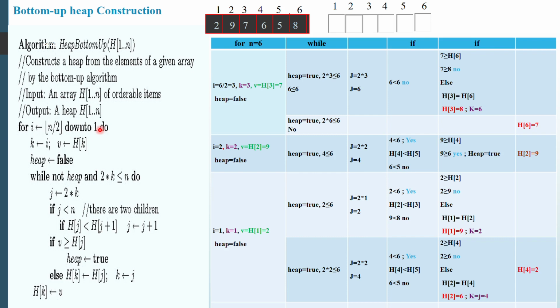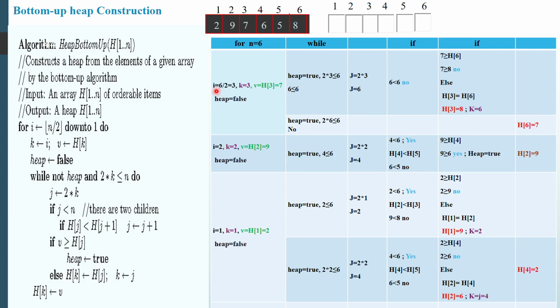You know that in a for loop you can use i plus plus and also i minus minus. Decrementing means going from a higher value to a lower value. Incrementing means going from a lower value to a higher value. So you will start with 3 and repeat until it reaches 1. 3 to 1, that's why the word down to is used here.